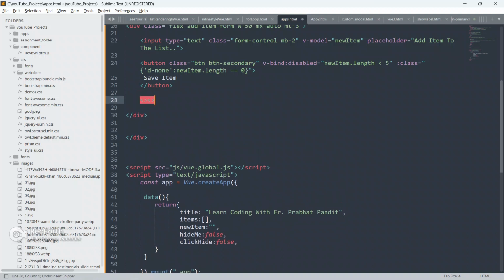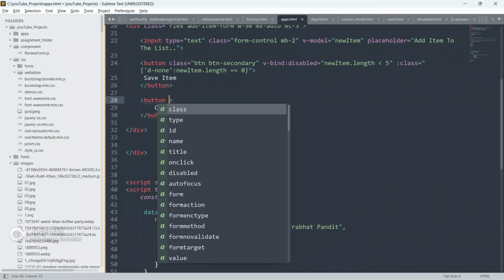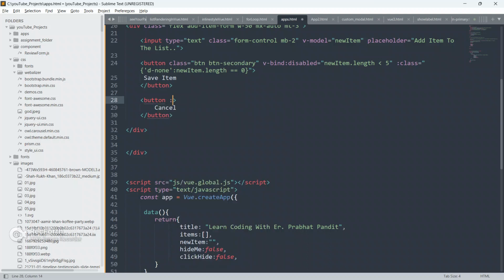Okay, so now I am gonna create one more button, the cancel button. So create another button element. Close this button now and give text like cancel. Okay, and we will also give class.